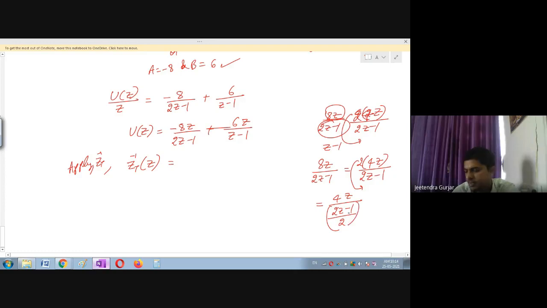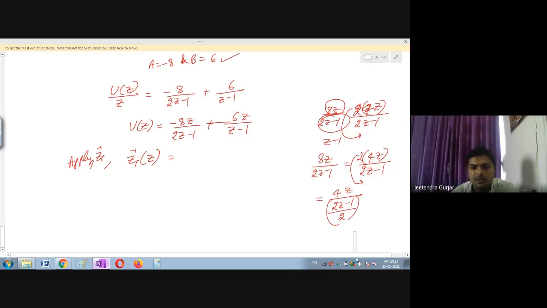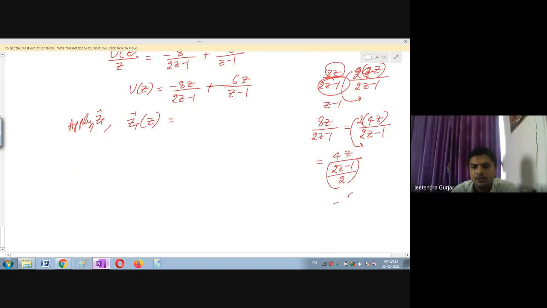Now I will simplify this LCM. So you will get 4z divided by z minus 1 upon 2. The purpose of this, students, please see here, I don't want this 2z. We don't have any formula for 2z, so I have to modify this such a way that I fit the formula here. That is very, very important. Therefore I will be converting 8z divided by 2z minus 1 as 4z divided by z minus 1 upon 2, students. So first I will write that.